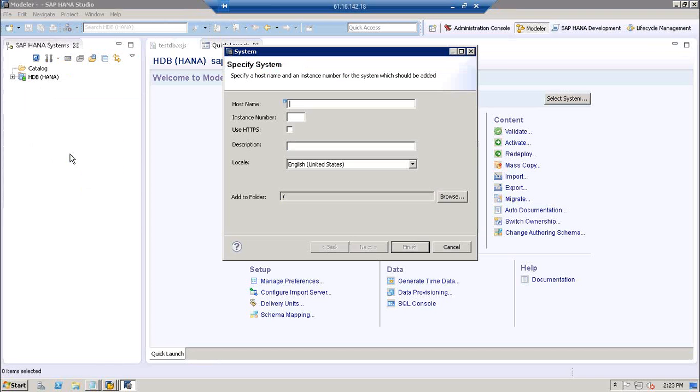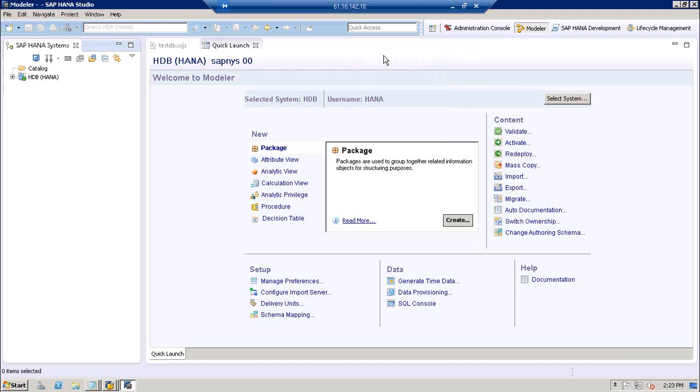When you click on add system, you can put the host name, instance number, and then click on next. It will ask you the user ID and password. Then it will create your HANA DB. Once you create it,